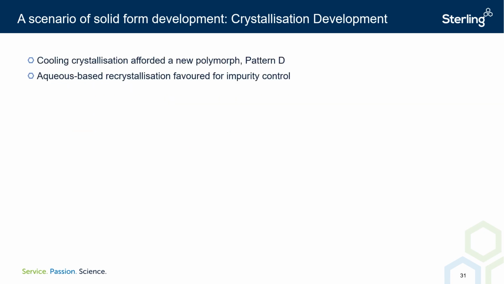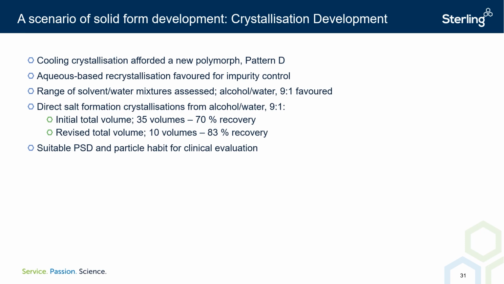During the polymorph screen, cooling crystallization of the API salt afforded the target version, pattern A. However, early scale-up of the process in the crystallization development program afforded a new polymorphic form, termed pattern D. This version, like patterns B and C, was also a metastable form and converted to pattern A upon thermal manipulation by DSC and TGA. Findings from the polymorphism screen, combined with observations from the chemistry development team, favoured aqueous-based crystallization